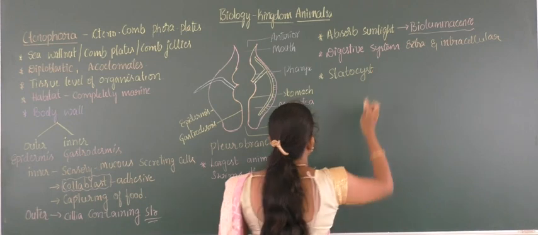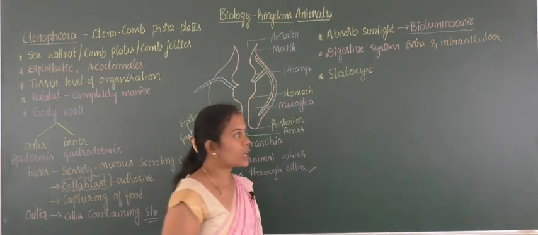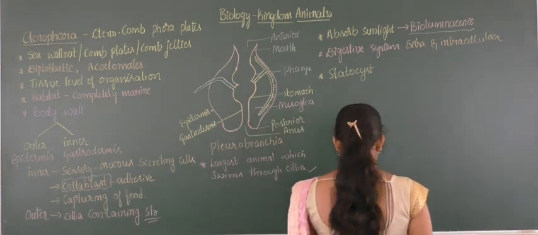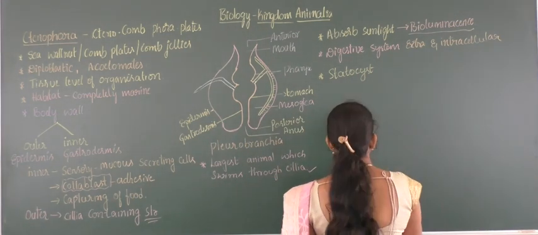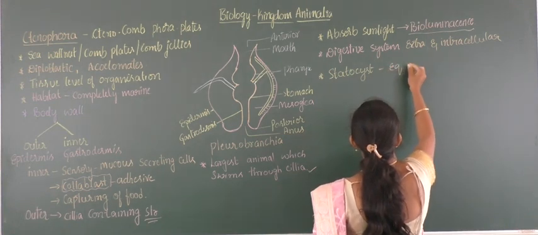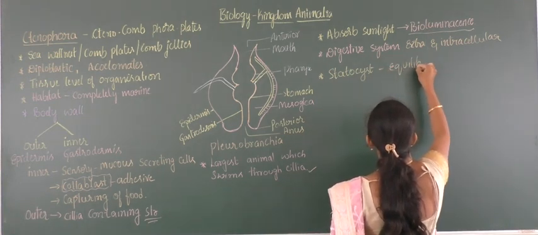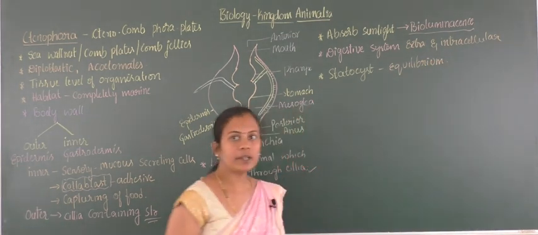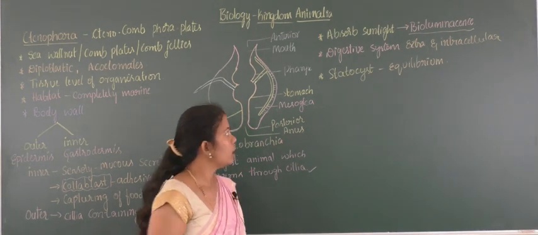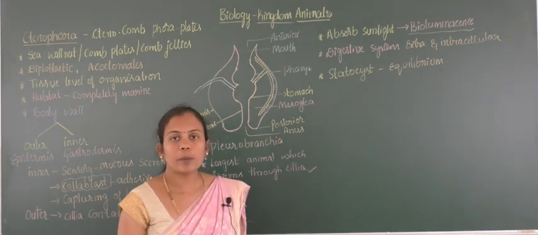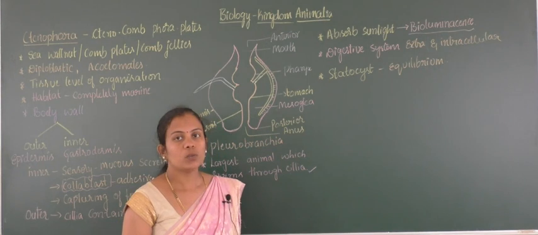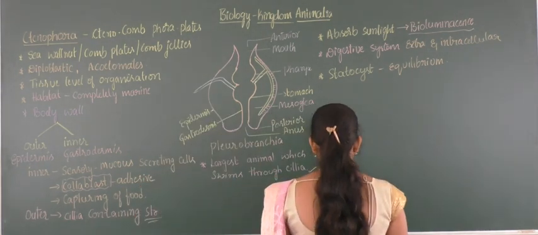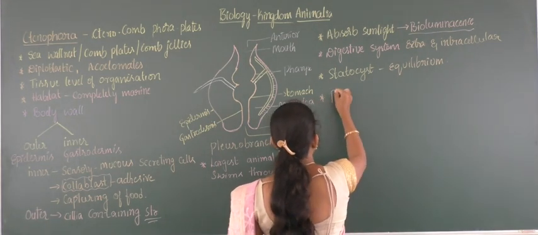Cyst means cell. Okay? Statocysts are the special type of cells present in the Ctenophora. Those help in maintaining equilibrium. Equilibrium means a constant state, the capacity to maintain the body state. Okay? So that is the special property of a statocyst cell, which helps in maintenance of equilibrium by the organism. And next, coming to the reproduction capacity.